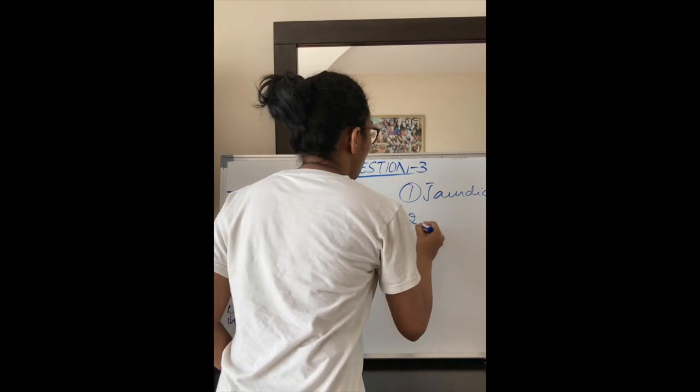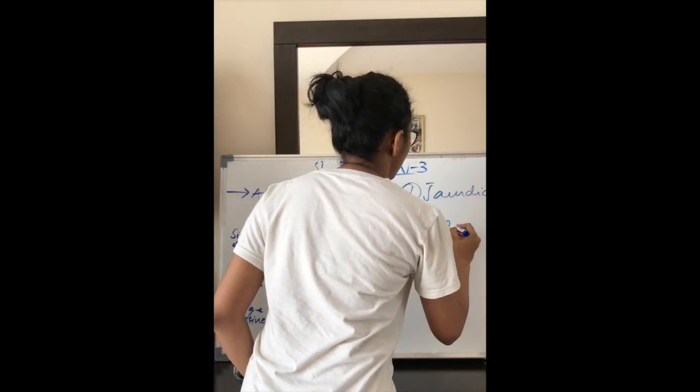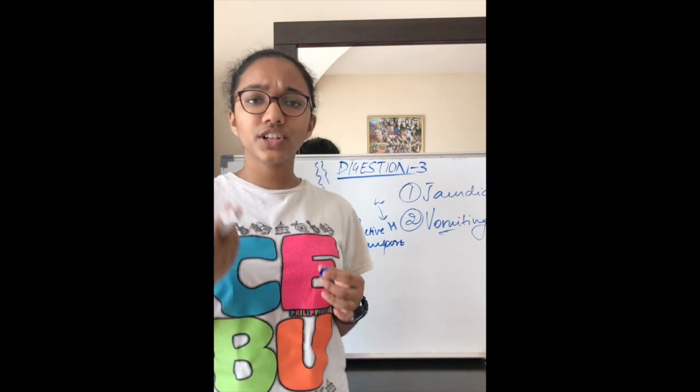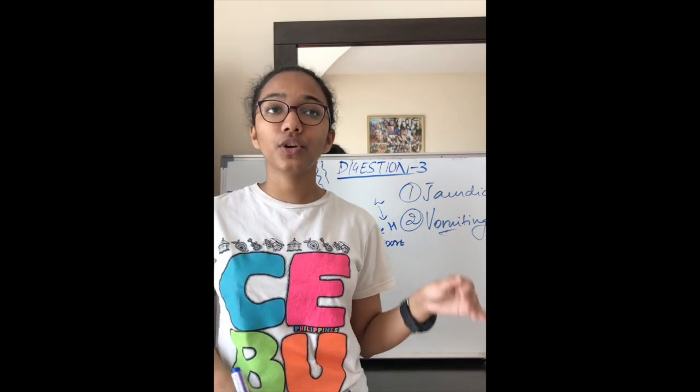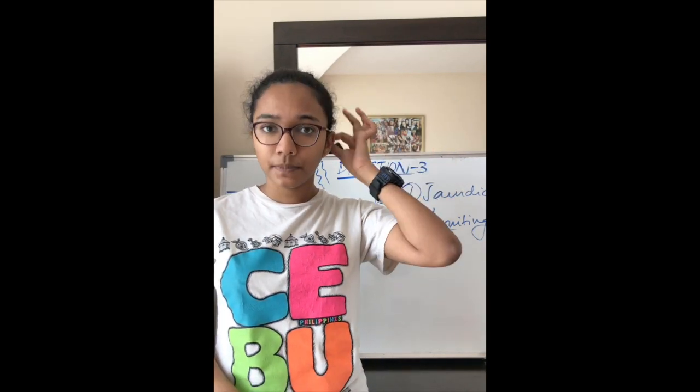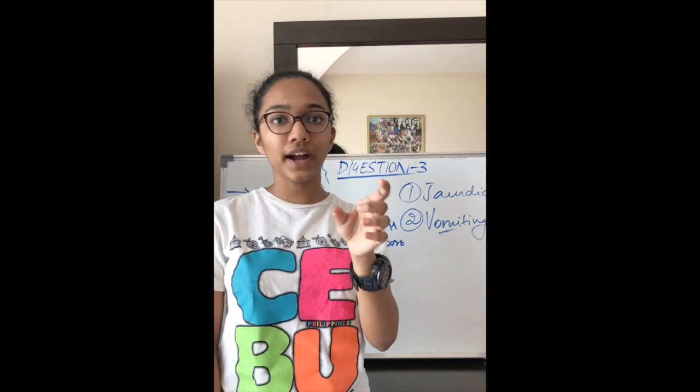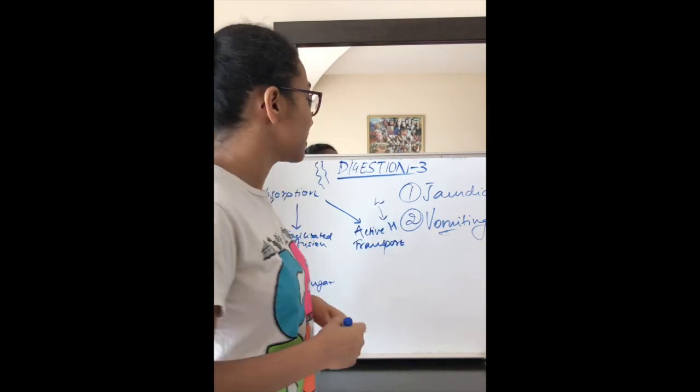Let's come to the second one, that is vomiting. So vomiting, we all know, is the egestion of the digested matter in our stomach through our mouth, and this is controlled by a place in our brain known as the vomit center, and it's present in the medulla. Medulla is the part of the brain which forms the hind brain, and it's also known as the brain stem.